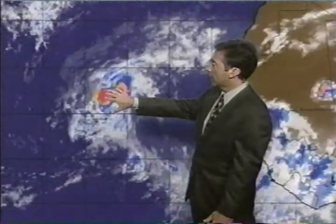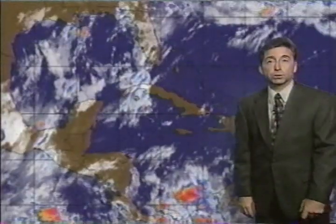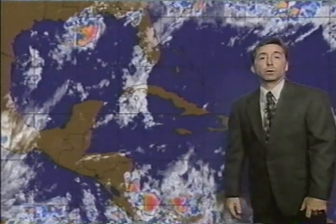And here you can see Ivan moving its way up to the northwest of the Cape Verde Islands. But look at this, another strong tropical wave coming off the coast of Africa. We'll have to keep a close eye on this one, too. And in the Caribbean, the weather pretty